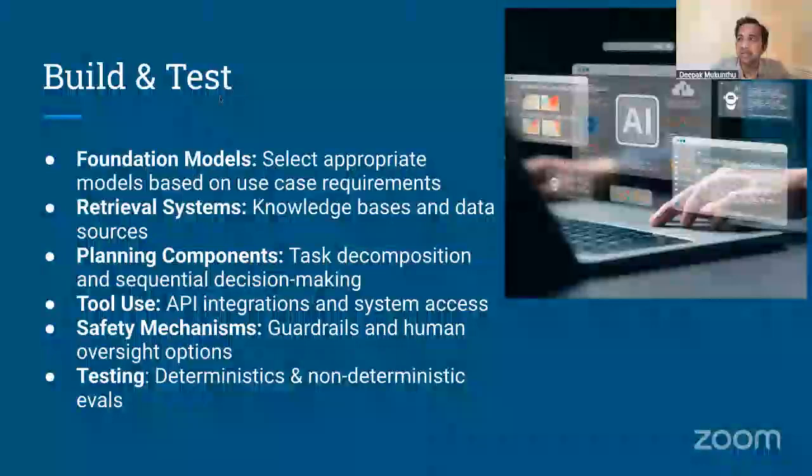Next is build and test. So these AI systems, I think I talked about a typical software stack where you start from what should my database technology be? What should my middle tier technology be? What should my application layer look like? What should my user experience look like? With AI,